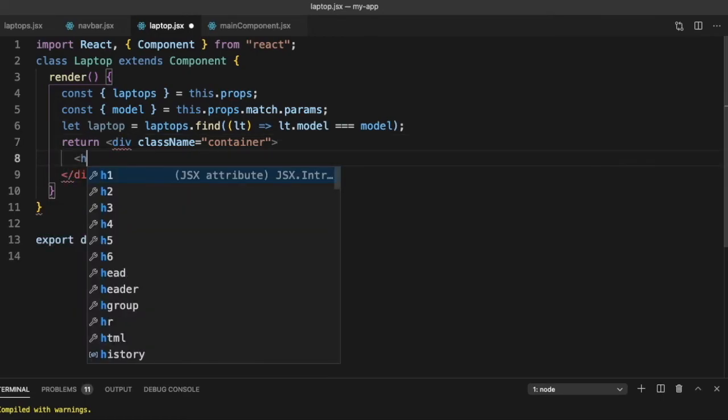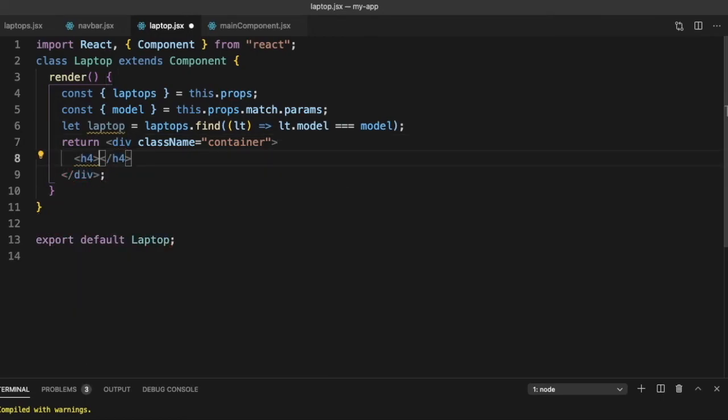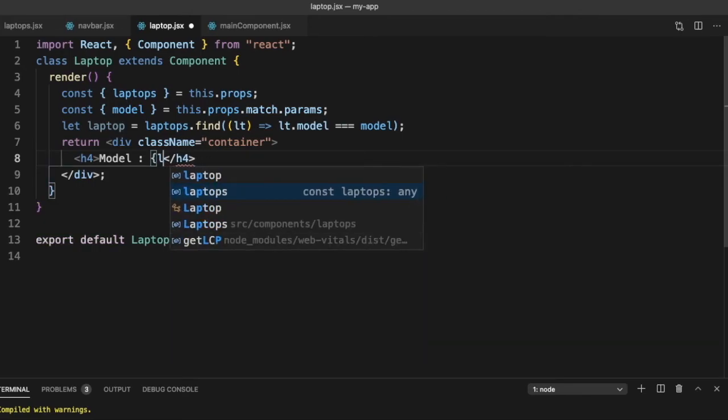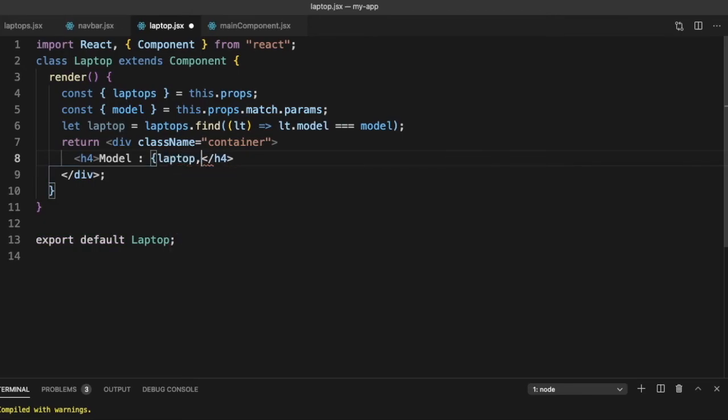So let's just say H4, model is laptop dot model. Let's just center the text, so let me just say text center.